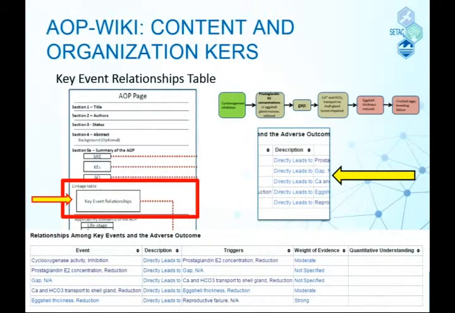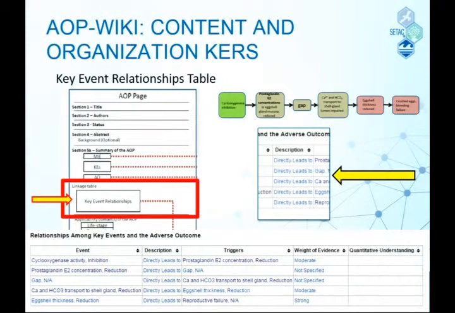Now I'm just going to briefly talk about how you go about key event relationships. And it's really important to remember that key event relationships really matter. This is kind of where most of the weight of evidence gets conducted. It's on these key Rs and not necessarily on the key events. And then Dane is going to go into quite a bit of depth on weight of evidence evaluation, and he's going to address some of the questions you raised about causality versus correlation and so on.